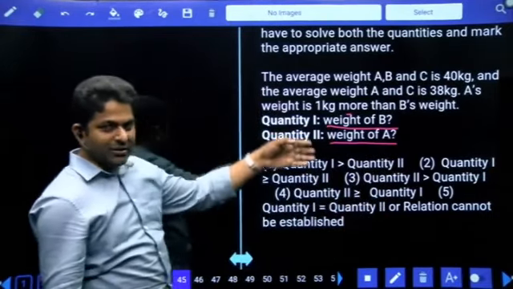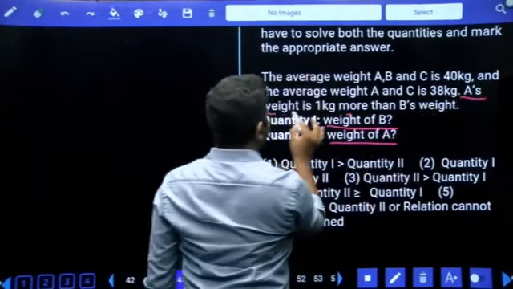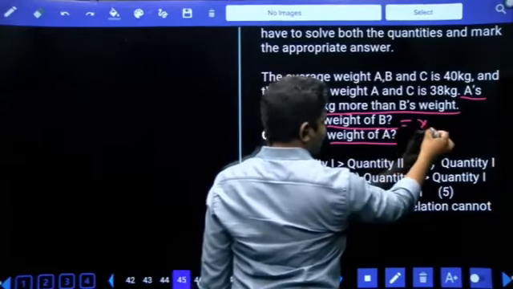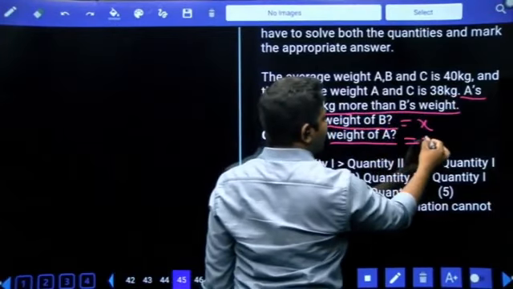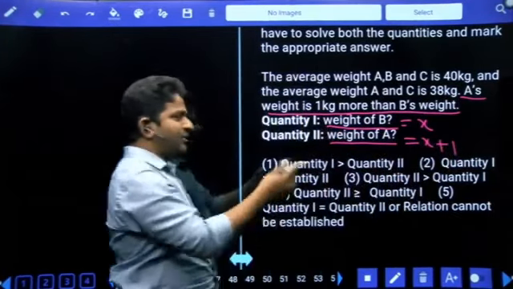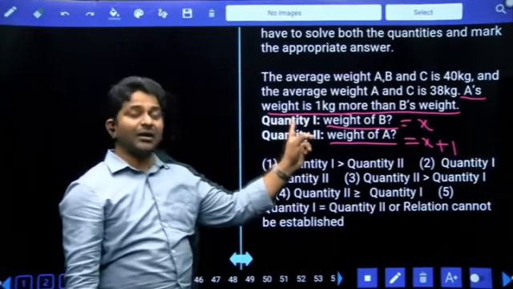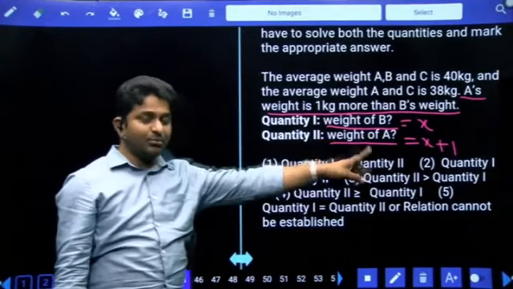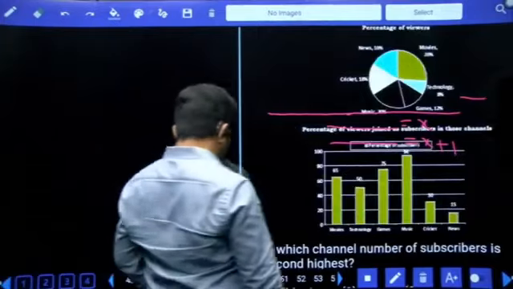A. Without solving the question, from the last statement itself we can answer the question. If B's weight is treated as x, A's weight is 1 kg more than B's weight, that means x plus 1. Q1 is x, Q2 is x plus 1. x can be any number, but you can conclude that Q1 is less than Q2, because A's weight is 1 kg more than B. Answer can be done. Right, now from 46 onwards,